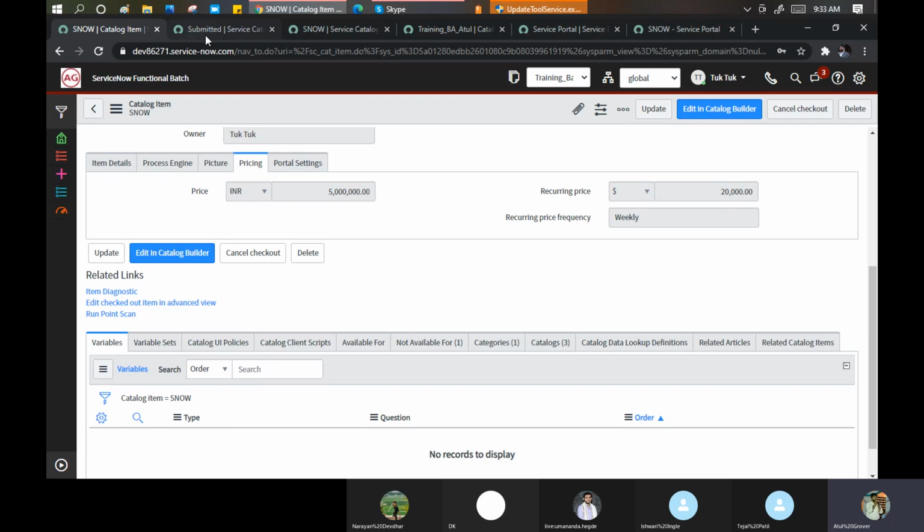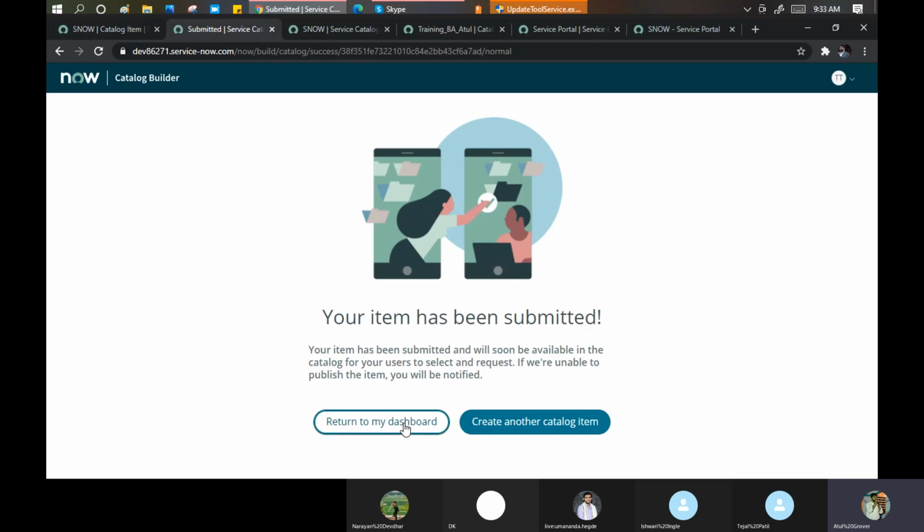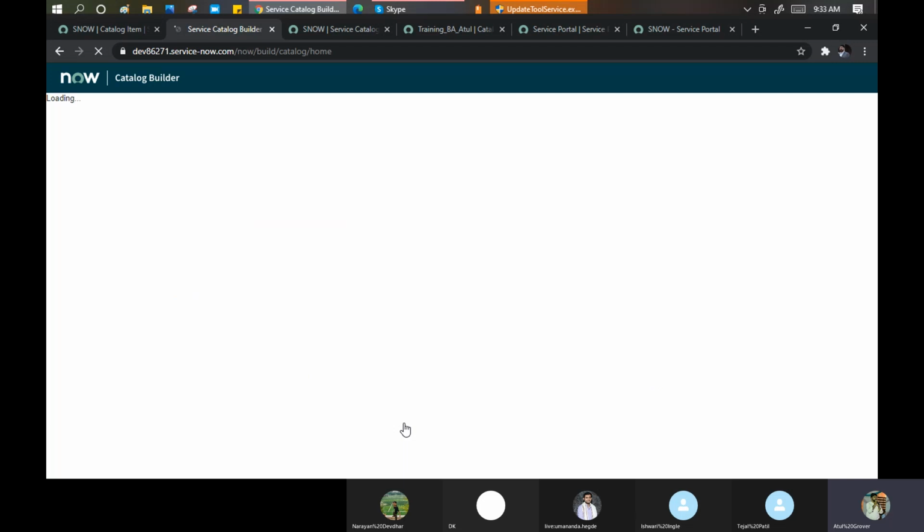Catalog builder. I have given you a good front end, put into my dashboard. Now you go and create your own stuff. I guess this has been released in this Cubic only. Till the previous version, I don't have any idea if it is available or not.